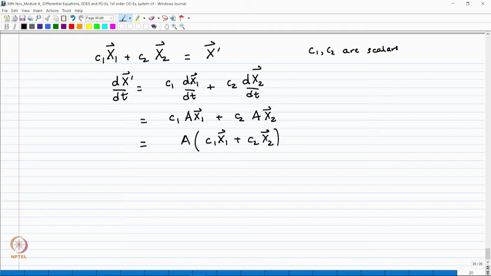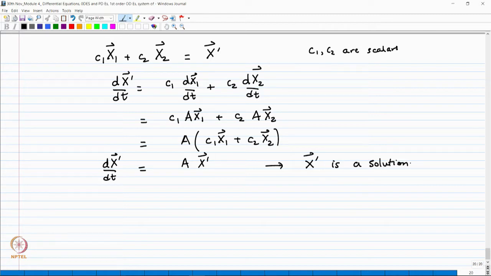All I did was write C1A as AC1, C2A as AC2. I can do this only because C1 and C2 are scalars, and so this is just A x prime. So, what you have is dx prime by dt equal to Ax prime,